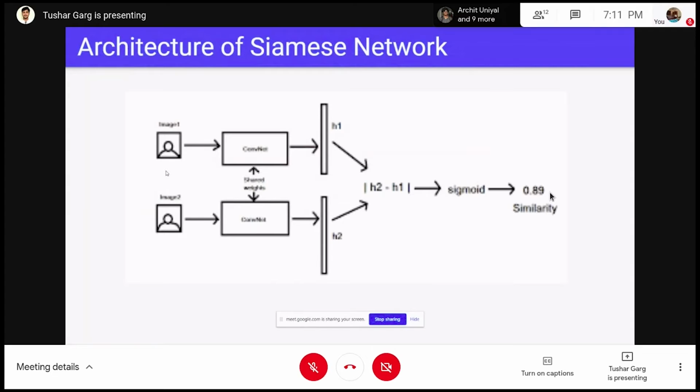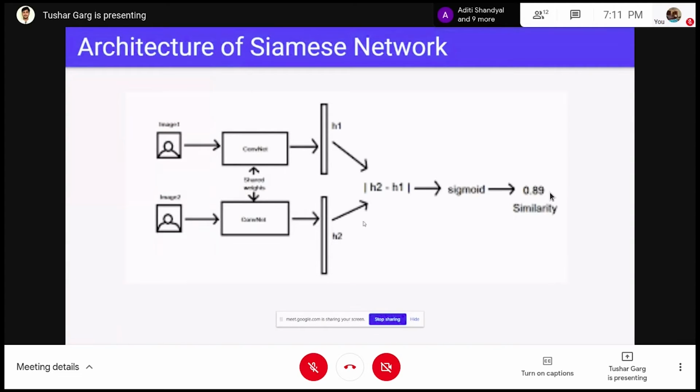We take image one and pass it through the convolutional layers. In these convolutional layers, feature extraction is done using filters, like Haar classifiers, which are dark or white rectangles. Basically, the features of the image are extracted using convolutional layers. The last layer gives us a fixed size vector. In this case, for image 1 it is h1, of size 128, and similarly image 2 is passed through the identical CNN network, and we get another vector h2.